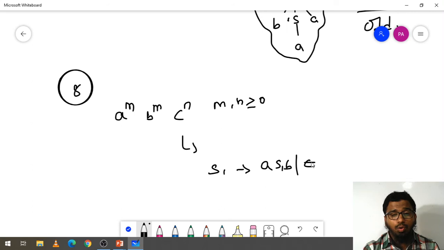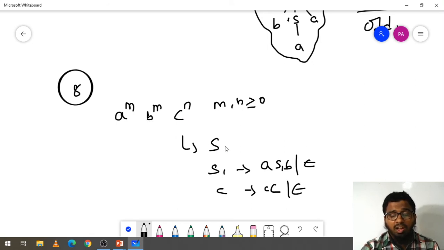Okay, you need to use epsilon. But what is telling here in the third one? C^n, and this should also be greater than 0. So for that, take the C, capital C, small c, and capital C, epsilon. Okay, capital C, epsilon. Here in the equation, A, B is coming first, then C.